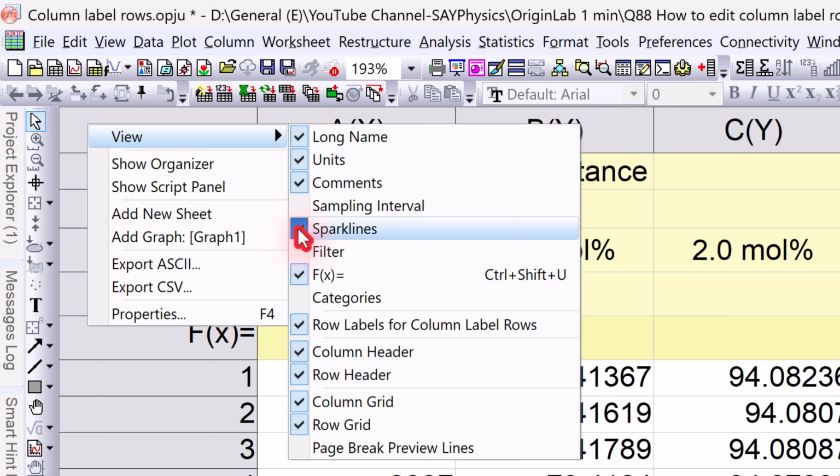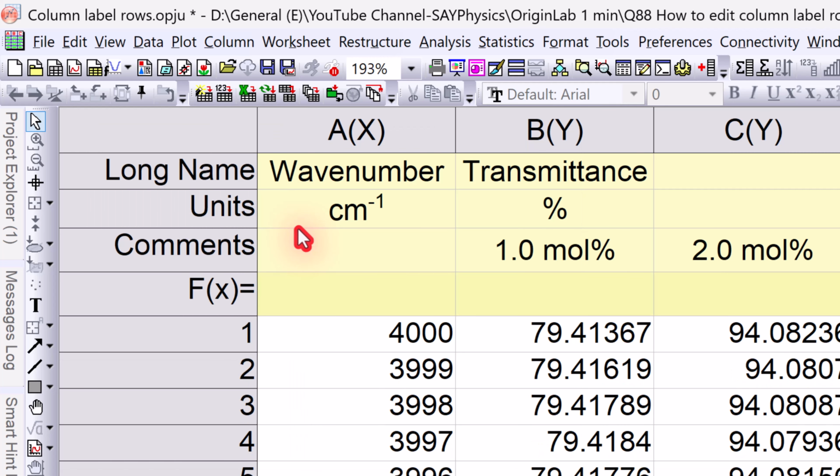For example, if I do not want Sparklines, I simply uncheck this option. Now the Sparklines row is removed from the worksheet. Sometimes, we may also want to rearrange the order of these label rows. To do this,